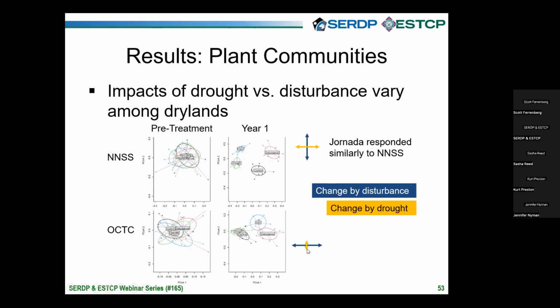What we really need to walk away from this figure understanding is that in that Idaho Great Basin site, the change caused by disturbance is quite large, similar in scale to what we saw on our southern sites, but we're not getting much of a drought response in the full community, despite the focal shrub doing very poorly with carbon capture. So when we think about this from a community perspective versus an individual species perspective, we really get a different picture.